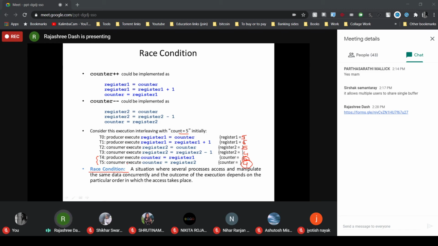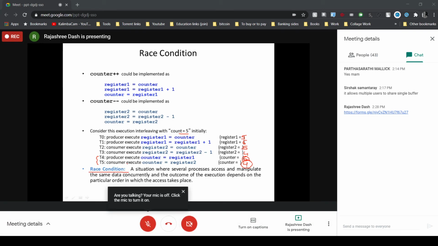A race condition is a situation where several processes access and manipulate the same data concurrently, and the outcome of the execution depends on the particular order in which the access takes place. So during execution of concurrent processes, race conditions should be avoided. How is it possible?